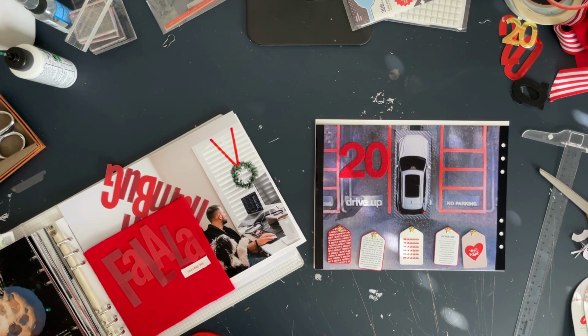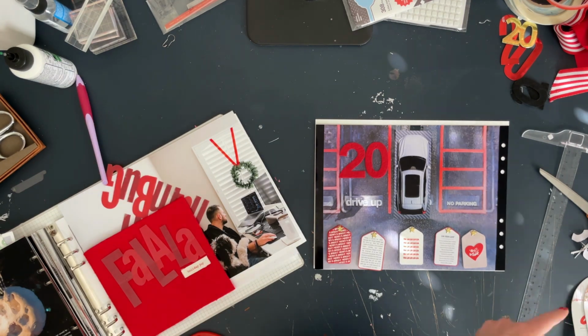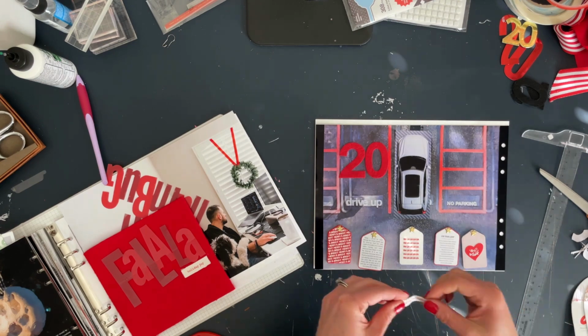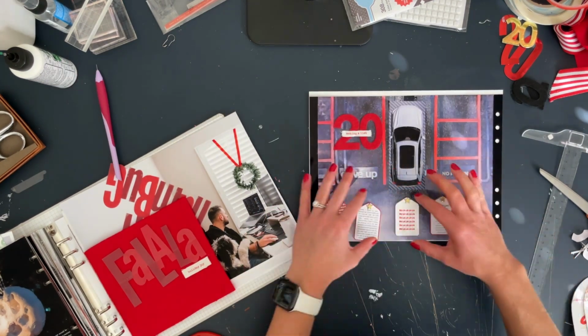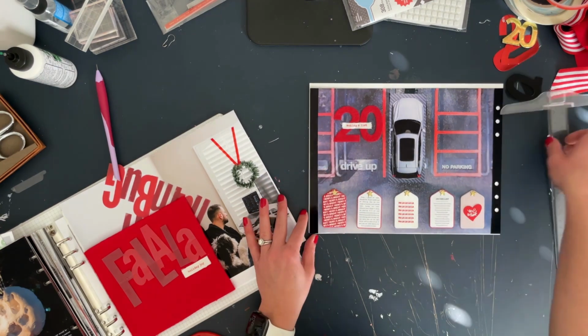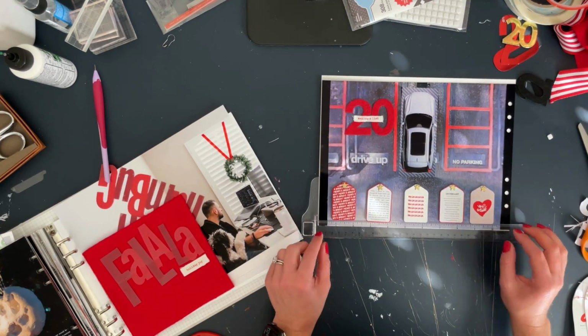And oh man, that's frustrating, especially when you have to reprint a photo. I'm trying right now, and I forgot to cut this out. Sorry about that, guys. But I put red line tape on the back of the canvas word phrase strip. And this is again what I was talking about as far as sometimes it can be super hard to get that off. So I used my craft pick and just tried to puncture that tape to get it to peel